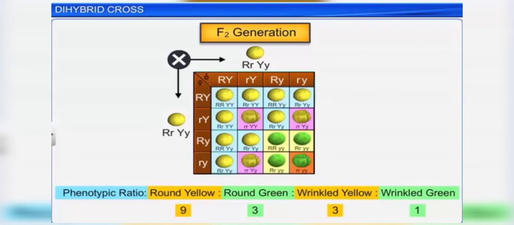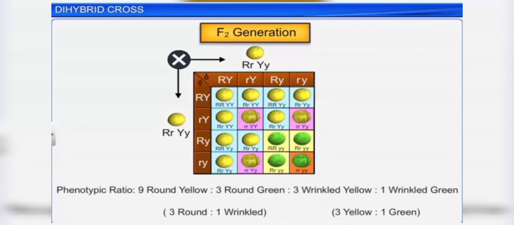Mendel got the same phenotypic ratio in other dihybrid crosses he conducted. The ratio 9:3:3:1 is derived from the combination series of 3 yellow to 1 green with 3 round to 1 wrinkled. And further, the derivation can be written as